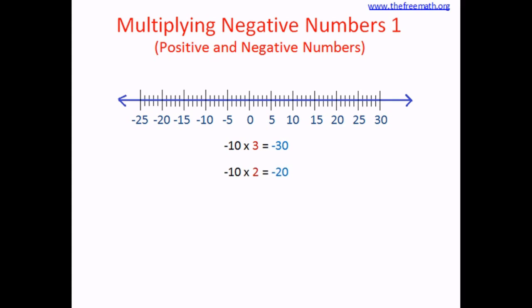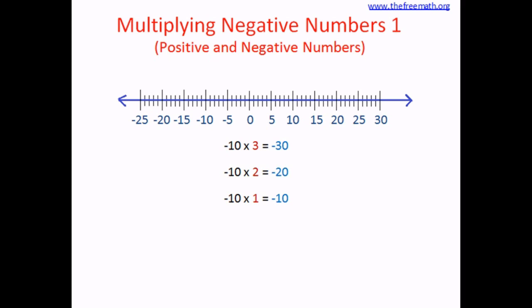Negative 10 multiplied by 2. Just now we did it. The answer is negative 20. Negative 10 multiplied by 1. So 10 ones are 10 and the product takes the negative sign. So the answer is negative 10. Do you realize what I am doing here? My first number is negative 10 and I am not changing that. I am multiplying that by another number, and that number I am reducing by 1. First I multiplied by 3, then by 2, then by 1.